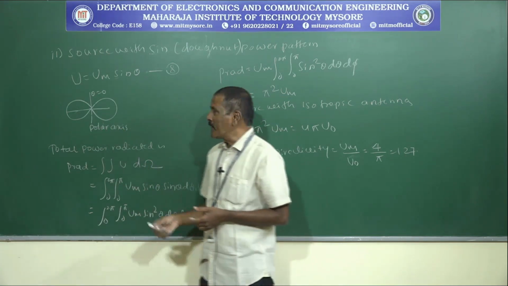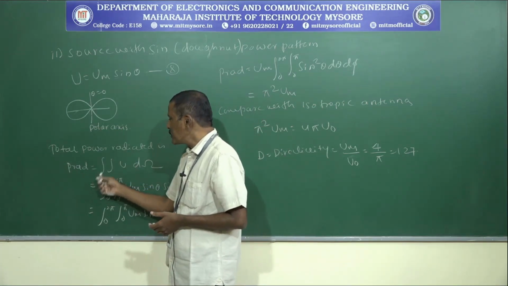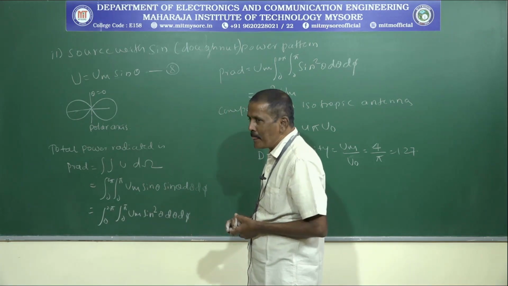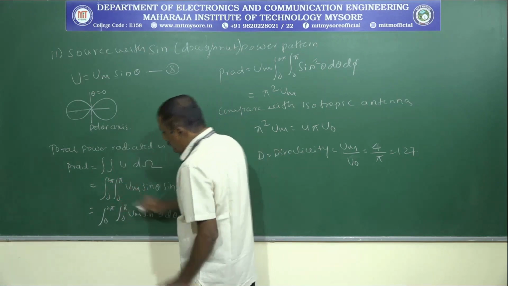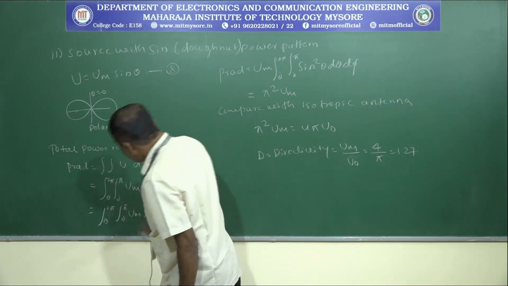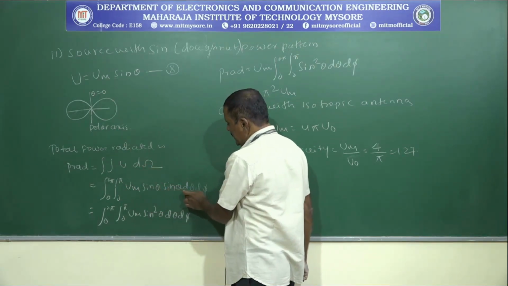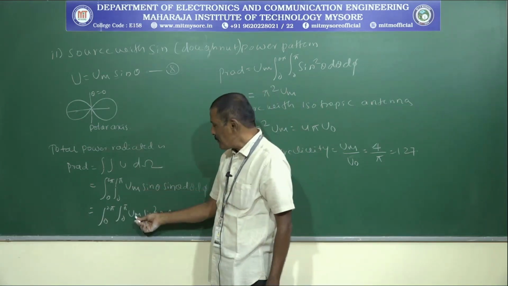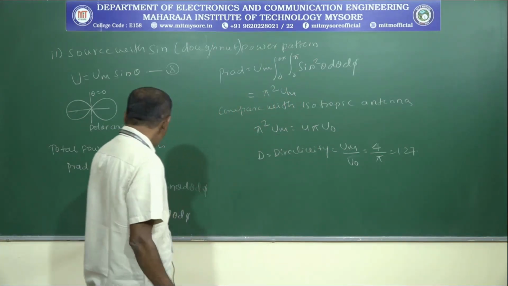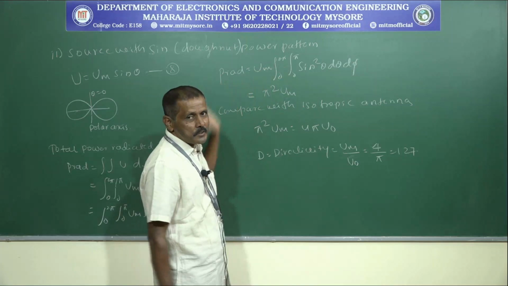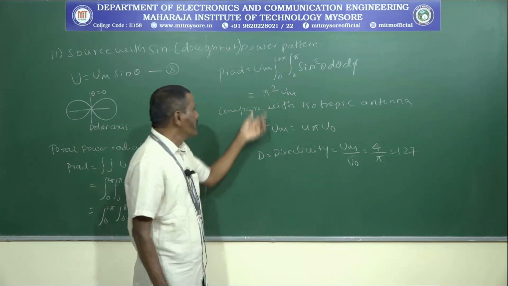And from such an antenna, you have to calculate the total power radiated. That is, the total power radiated P radiation is equal to the double integration of U into d omega, and the limits of integration are 0 to 2 pi and 0 to pi, and U is equal to UM sin theta and d omega is equal to sin theta d theta d phi. So then it becomes sin square theta d theta d phi. Then UM is a constant term, you take it outside. Then the integration from 0 to 2 pi, 0 to pi of sin square theta d theta d phi is going to give the value